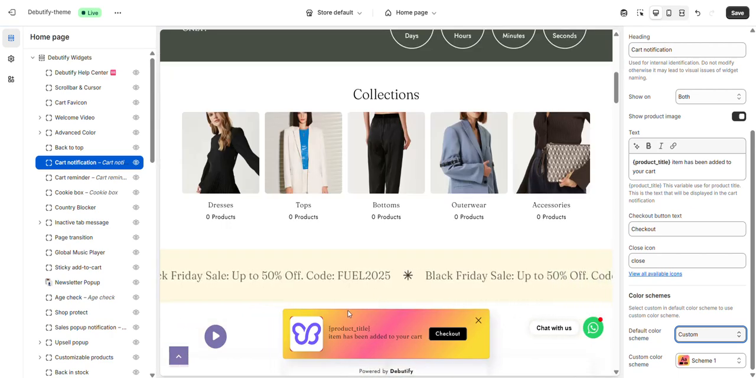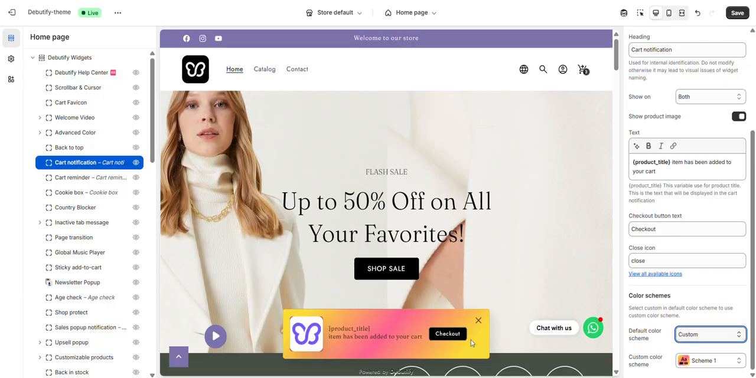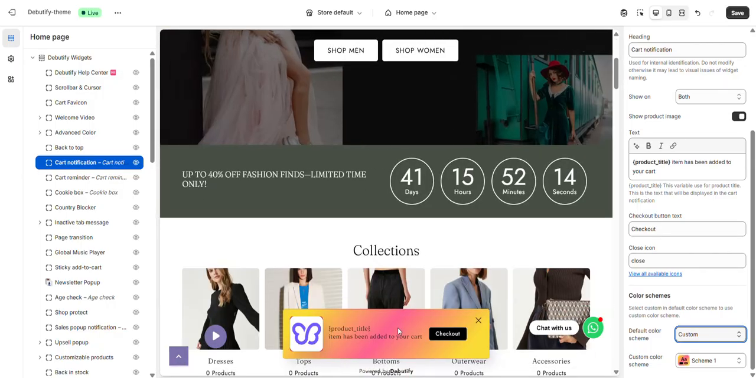And that's it. Your cart notification widget is now fully set up. With this feature, you can provide seamless feedback, keep customers engaged, and improve the overall shopping